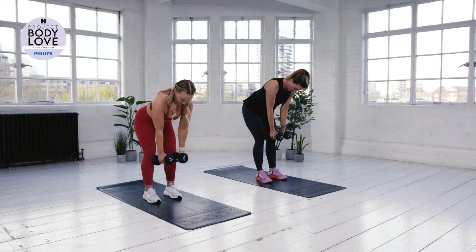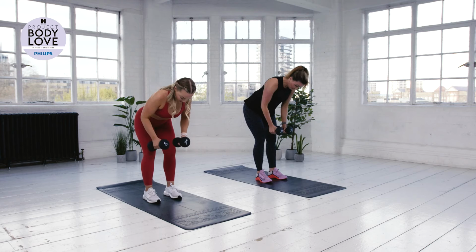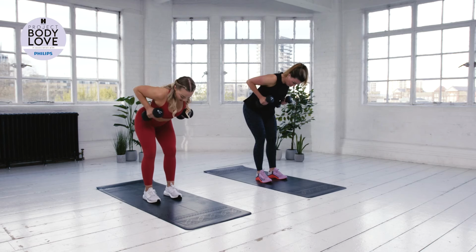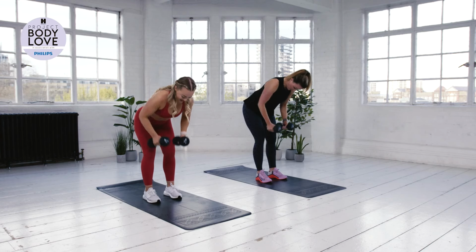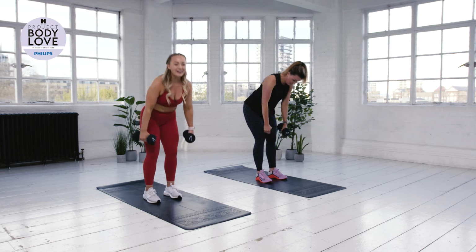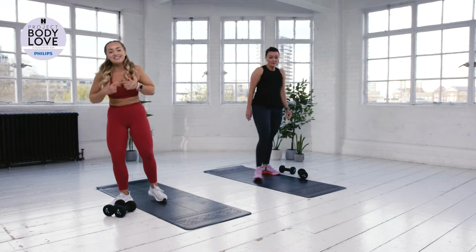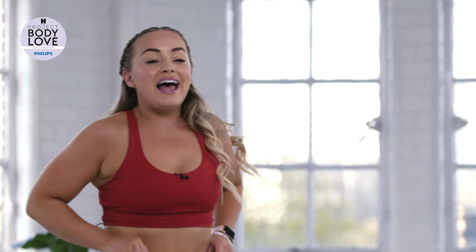6, 7, this is 8, 9, last one coming up, and 10. Good work, guys. 2 down, 1 to go. Placing your weights down, we take a 30-second rest, have a little breather again, and we'll be straight back in